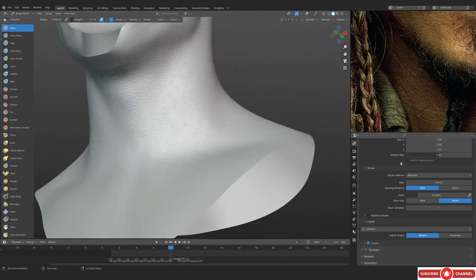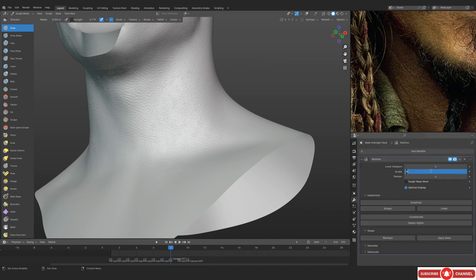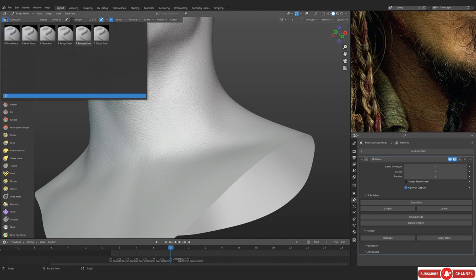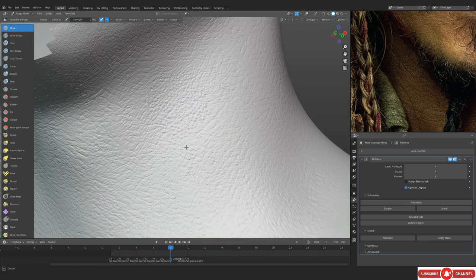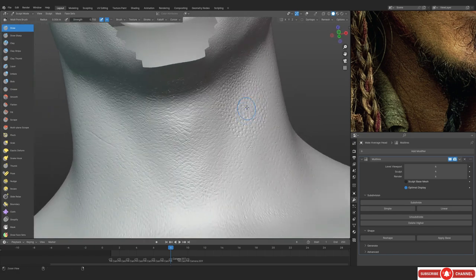So all right, now the cool stuff is going to happen. We are going to be lowering down the subdivision, and we are going to be using the multi-pore brush on the neck, but in the opposite direction. And we've actually decreased the subdivision so that we don't actually get the detail out of it. So yeah, you're going to see that actually. Yeah, you can see. So this is what we have.